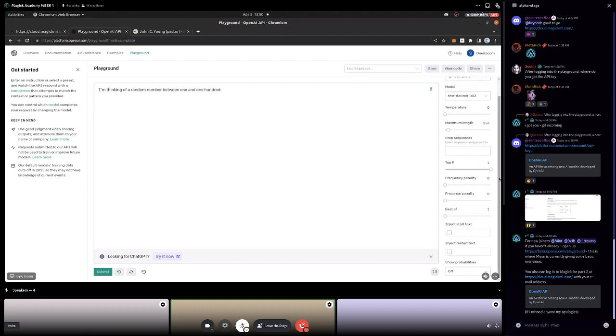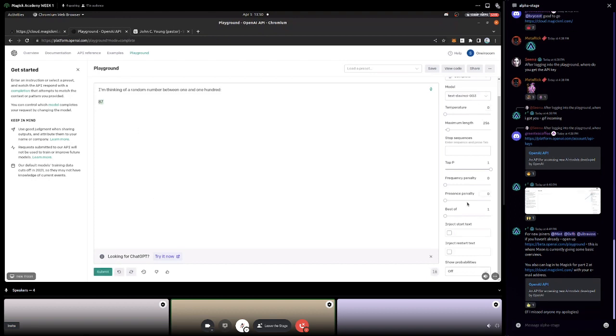The next parameter is top P. So let's say I have numbers 1 through 100, and it can randomly choose any of those numbers, right? If I say submit, it's 87 because I have a temperature of 0. Now, what top P does is it says, of all of the possible options, give me the ones that are the most likely.